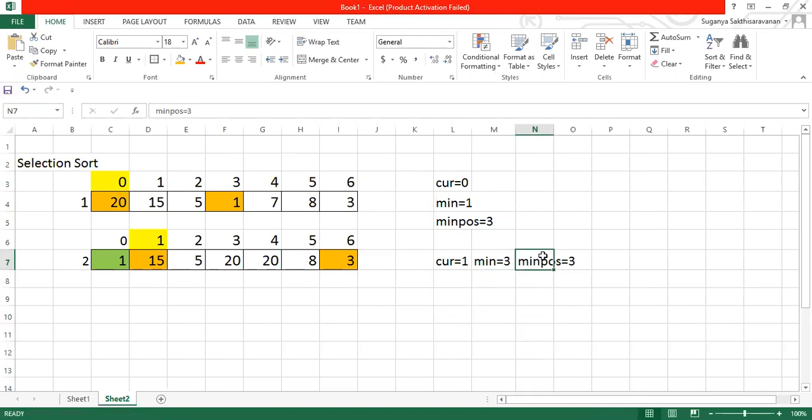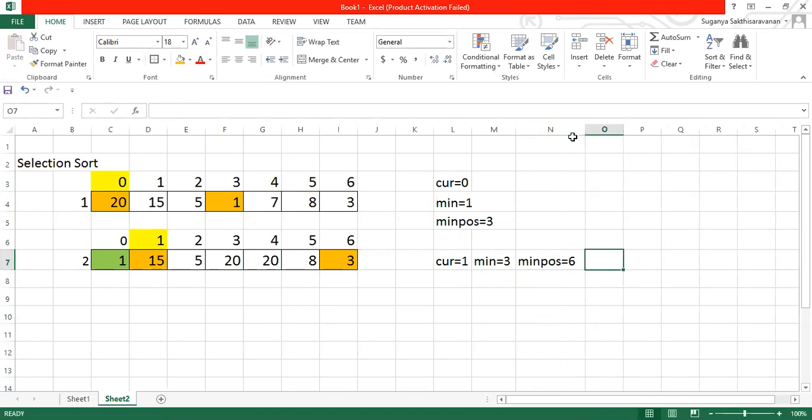Got the logic behind it, what we are doing here? The position of that element is 6. So the current position and your minimum position have to be swapped here. Got it? These two elements will be getting swapped now. When I perform this operation, you can notice that these two elements are swapped.